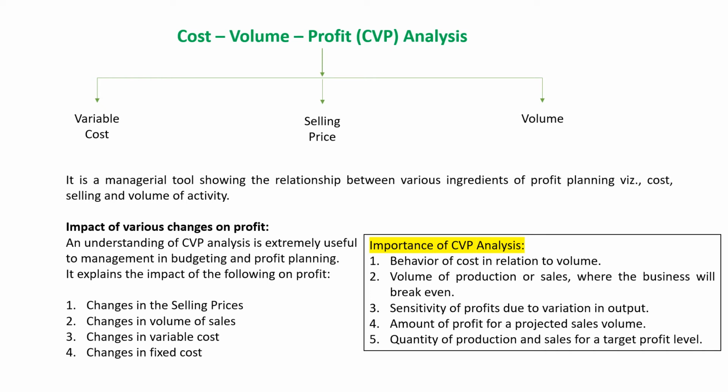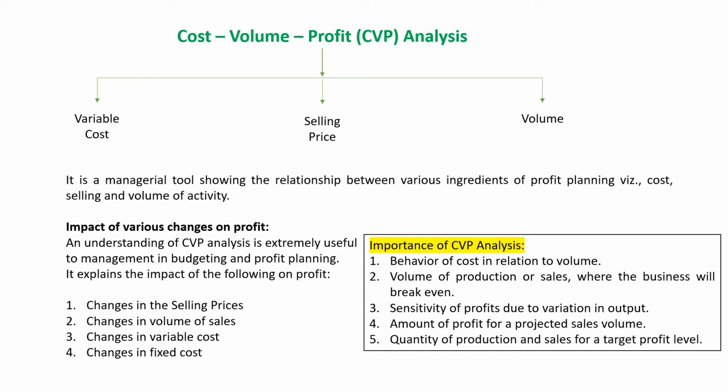Cost volume profit analysis. As the name says, this analysis has three ingredients. One is variable cost, one is selling price, another one is volume. This particular analysis helps the management in providing certain critical information for decision making, which impacts the profit by change in selling price, volume of sales, or variable cost. Okay,